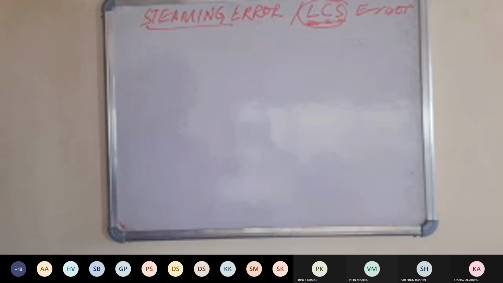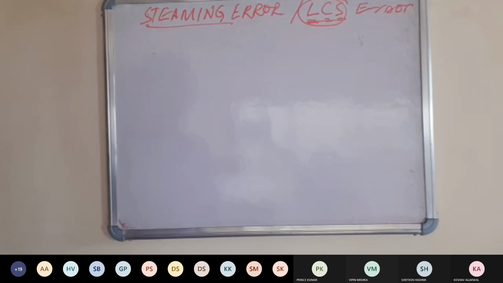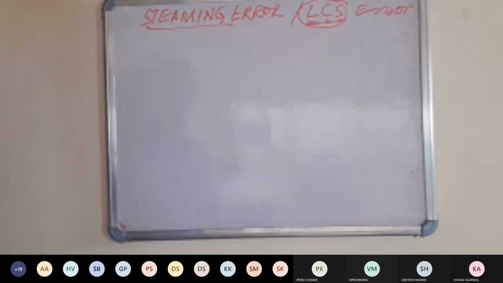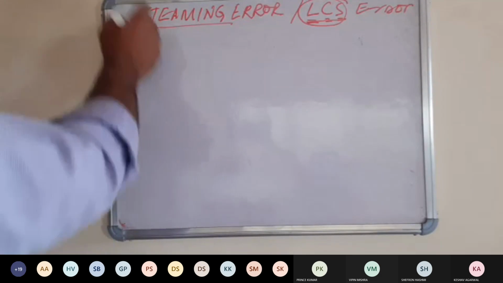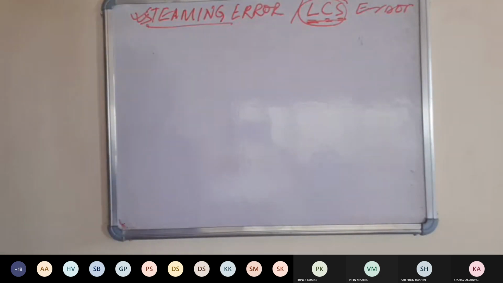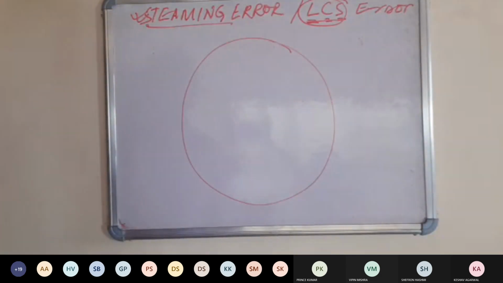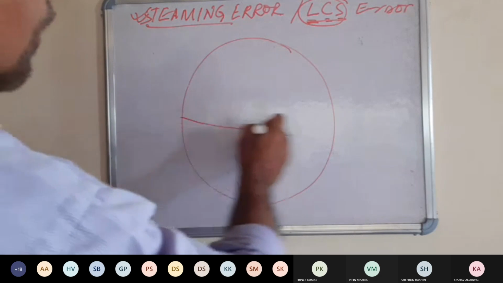Remember that dynamic errors are due to motion of the ship or location of the ship. When the ship is sailing, all this kind of errors will happen. Changes from place to place, direction to direction, speed to speed. So, how do we see this steaming error? क्या होता है? Last class में जाते जाते हमने बात किया था कि the gyro compass which is made in a perfect manner is settling down